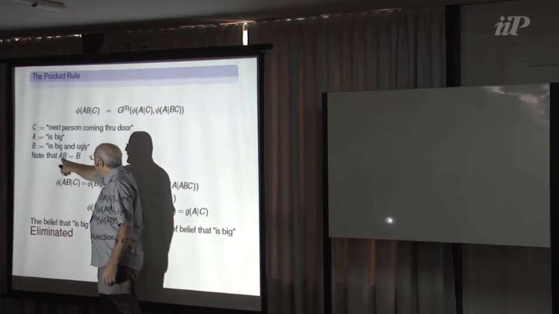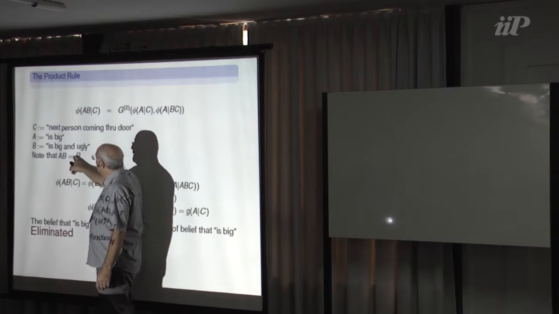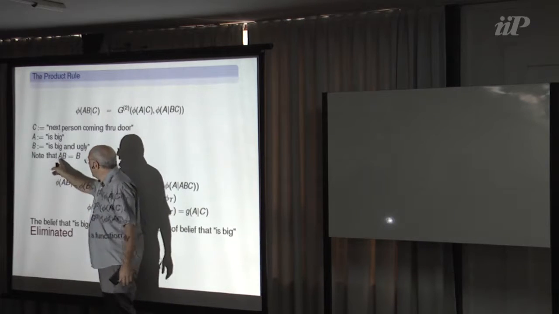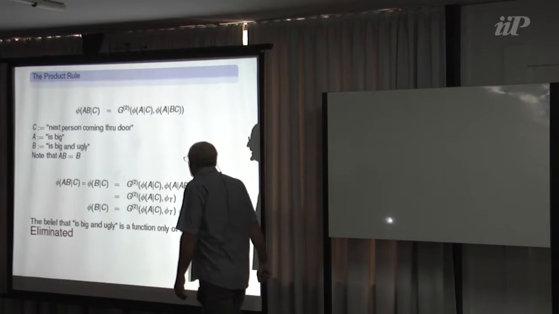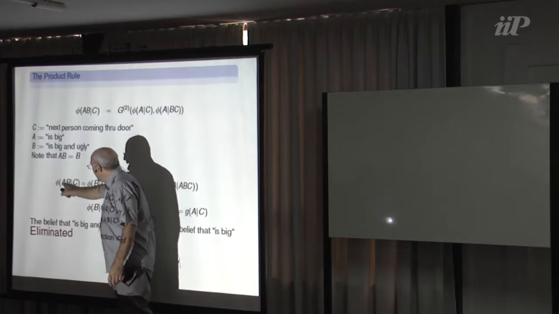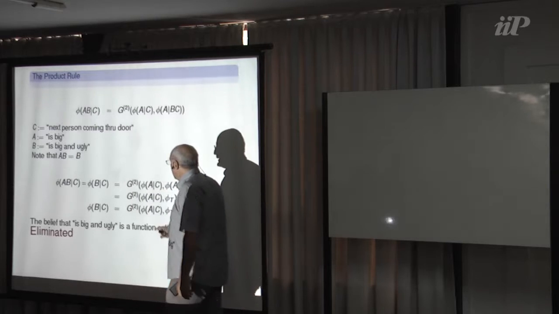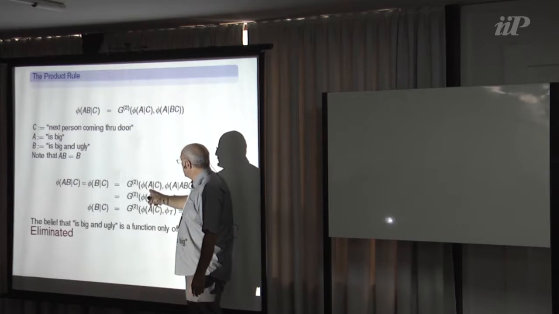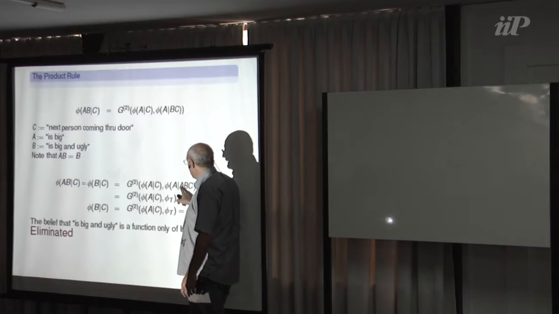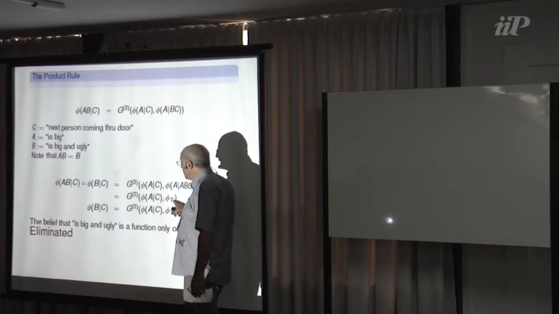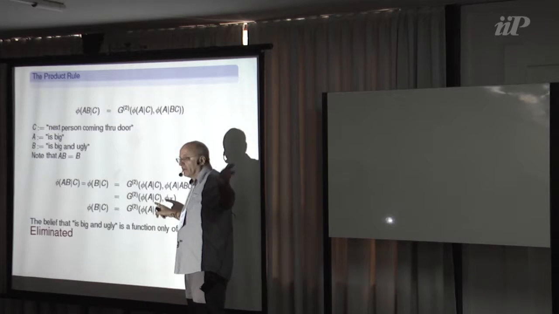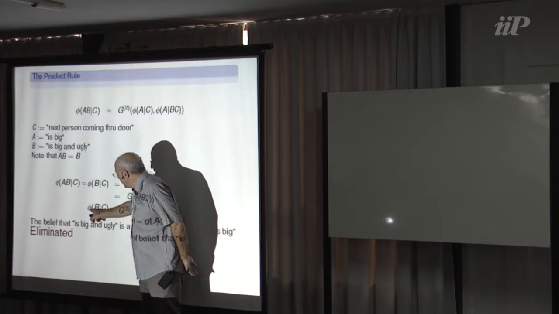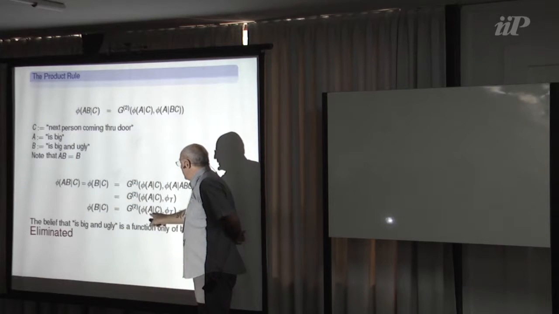A and B is big and ugly, and is big, is the same as is big and ugly. So A and B is equal to B. So phi of AB is phi of B. And then if I use G2, then this is G2 of A given A, and this is truth. So there must be some value for truth, which I don't know what it is, but this is just that. So I have that phi of B is just